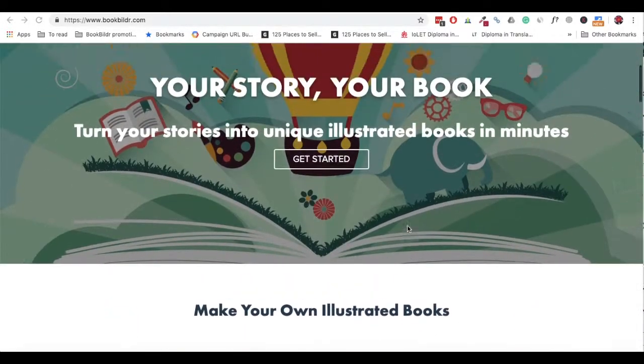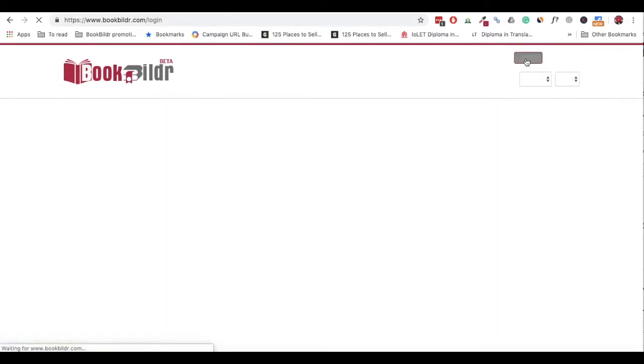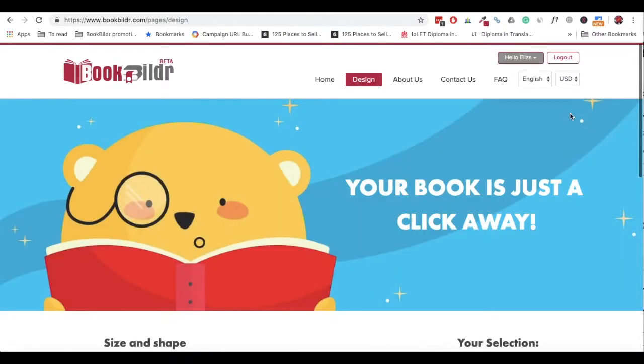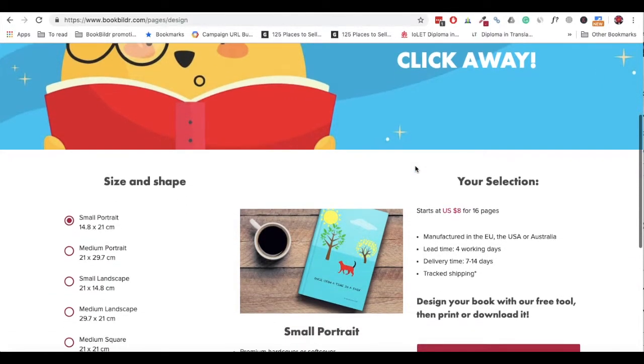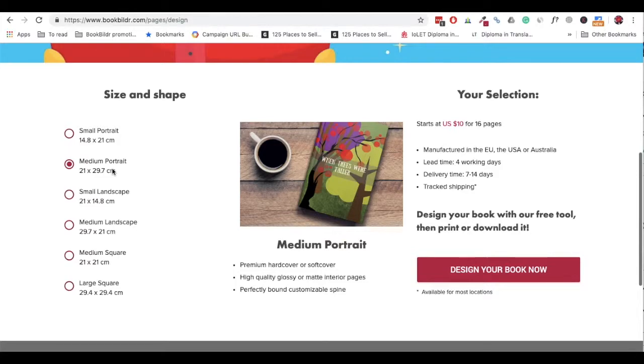So I already have an account here, and I'm going to log in now. And I'll show you how it works and what it looks like from the inside. Right, here I am, all logged in. I got redirected to the design page where I can select the size and shape of a book I want to make. So there is a small portrait, and that starts from $8 for 16 pages. That's really good. A medium portrait,